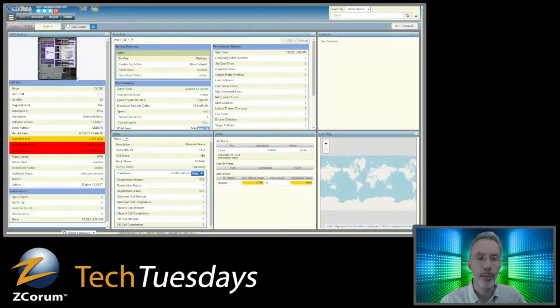You've got your picture of your cable modem, and you've got a lot of details in here about the various things going on. Up in this area, you've got the different channels that customers are connected to. For example, if you've got 11 bonded downstream channels, you can see all the stats on those. You've got other information. There's a voice tab. You can click on it if they're providing voice service through that cable modem, like an EMTA. And again, you've got the customer information, the map.